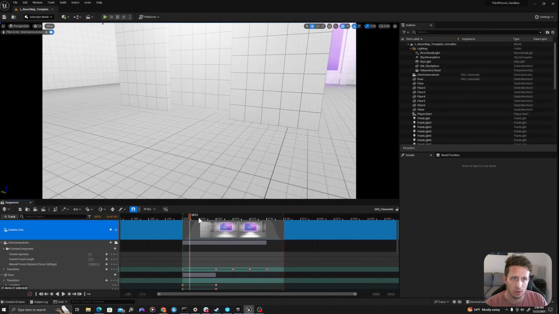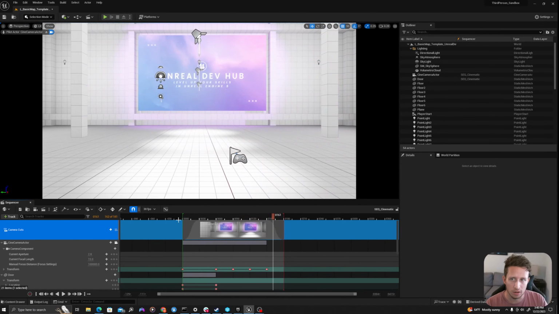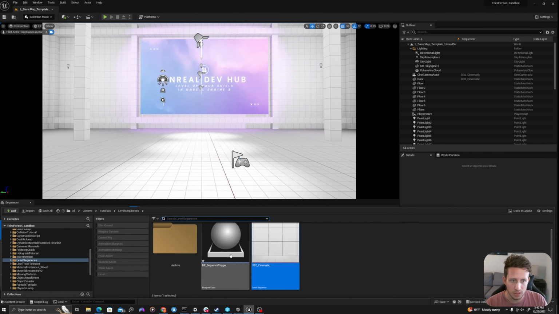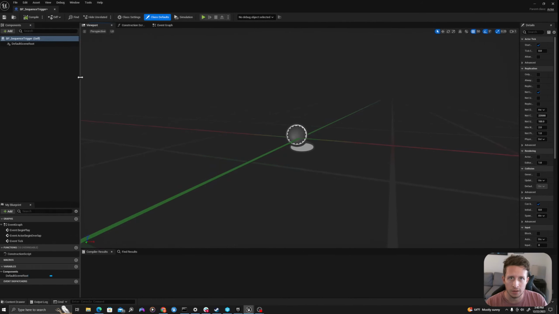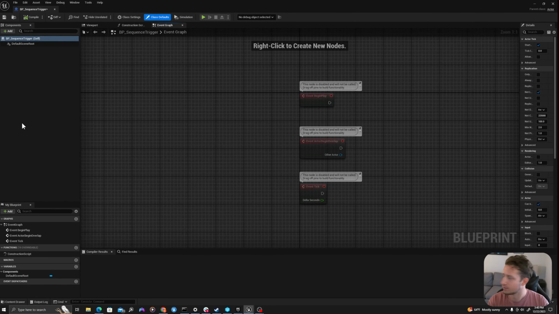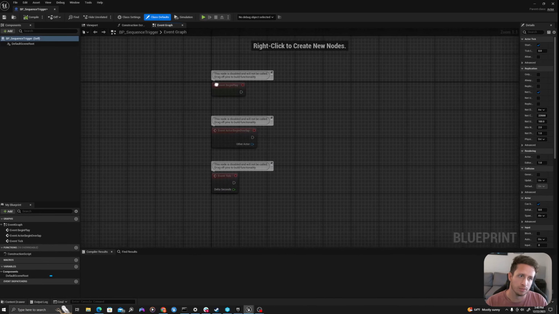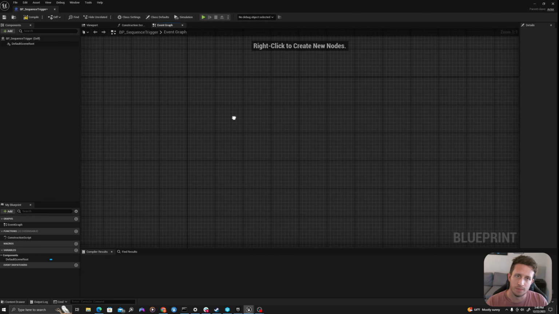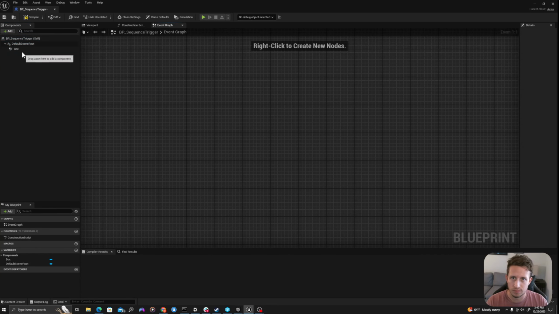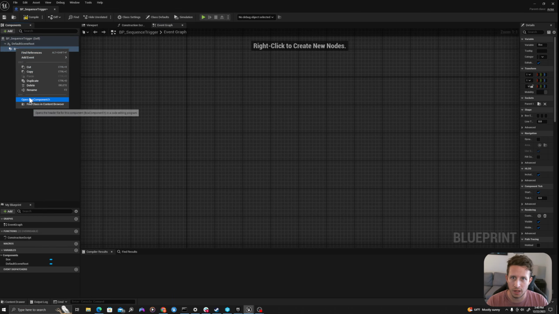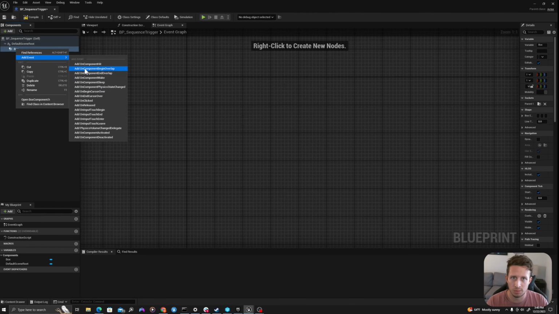And now that we have this, we're going to add our functionality in our blueprint. Okay, so we will open our sequence trigger we've created, the blueprint. I'll double click and I'll go to my event graph. I'm going to add a single component. So I'm going to delete all these. I don't need these. I'm going to go add a component in the top left. I'm going to say box collision. And I'm going to right click and I'm going to say add event on component begin overlap.